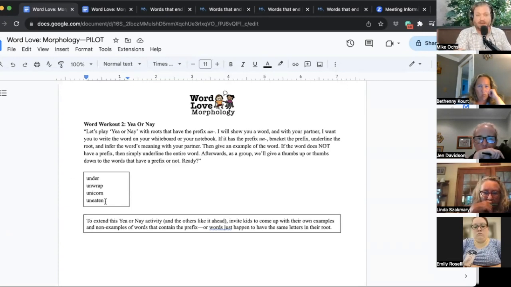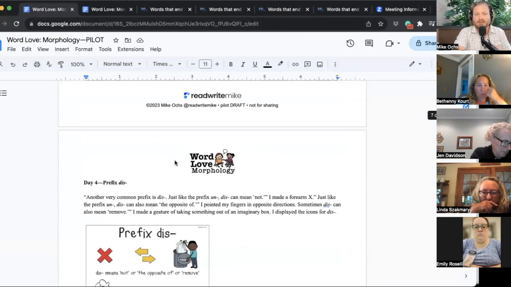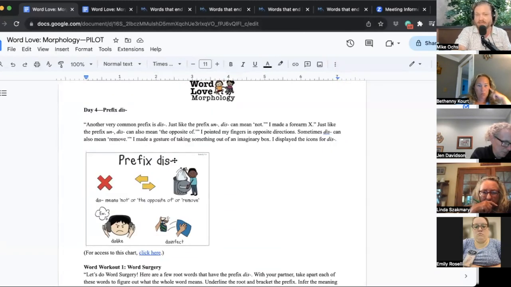Once you play this yay or nay game, which of these have the prefix on and which don't, 8-year-olds, their brains will get scrambled. They'll be like, you just told me that un is a prefix, so therefore, yeah, under is a prefix. So you just want them to underline what they think is the root and bracket, yes, bracket, because there's going to be different designations for prefixes and suffixes, what they think is the prefix. Maybe the 5th graders can handle it, but even still, I'd rather err on the safe side because you'll have a variety of learners who may not just be able to eyeball it. Again, there will be little tips here for things that can help you out. So that's basically it for the first part.